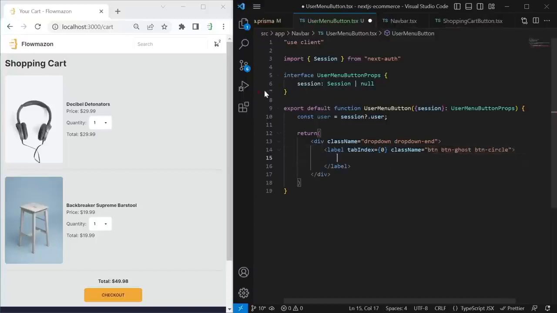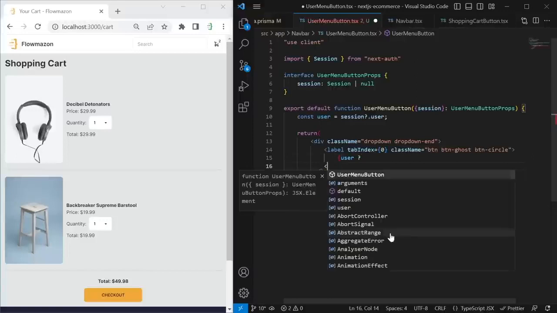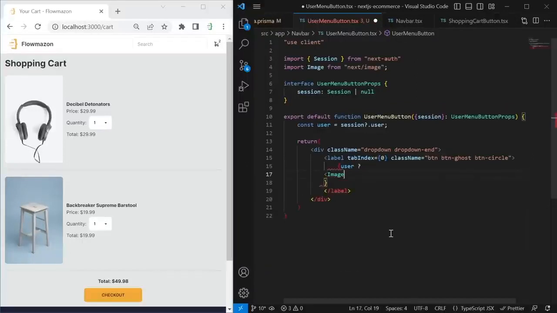Okay, and then in this button, I want to show something different depending if the user is logged in or not. So we add an expression that checks if the user is defined. We use the ternary operator with a question mark. If the user is defined, I want to render the user image in the next image. Before we set up this image, let's also add the second part of the ternary operator. Colon, if the user is not defined, I want to render 3 little dots here, which indicate that this is